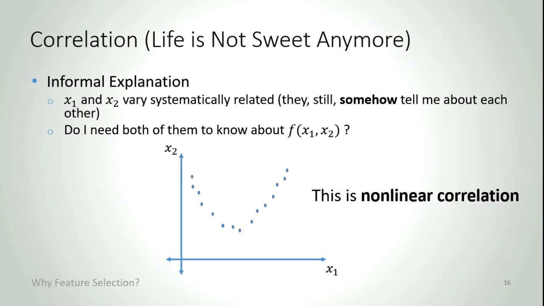Sometimes the correlation is nonlinear. Here, x1 and x2 are correlated to each other in a nonlinear way according to a quadratic function. This nonlinear correlation is difficult to capture, and we will talk about it